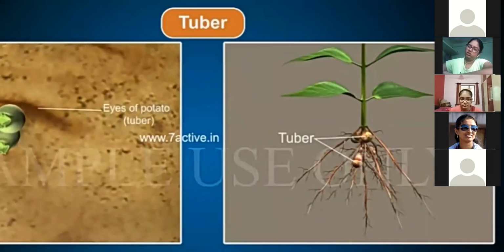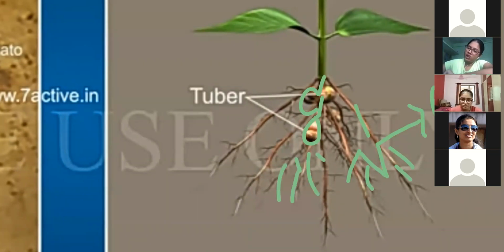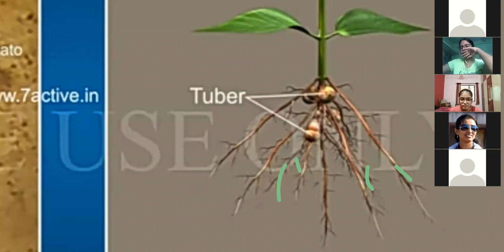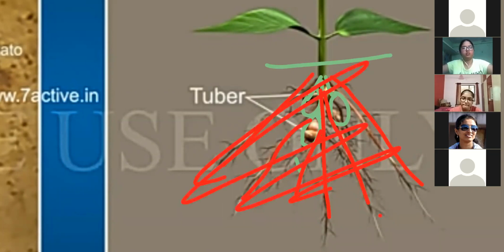Next, over here, the branches are there. Small branches are there which store the food. Okay, these are roots, these are not branches. See, these are roots. On that, this type of structures are hair-like structures, right? So these are the roots. Then here is the underground stem part. On that the branches are there, and those branches store food and become swollen. Okay. And from the base of the stem over here, see, roots are there. So these we call tubers.